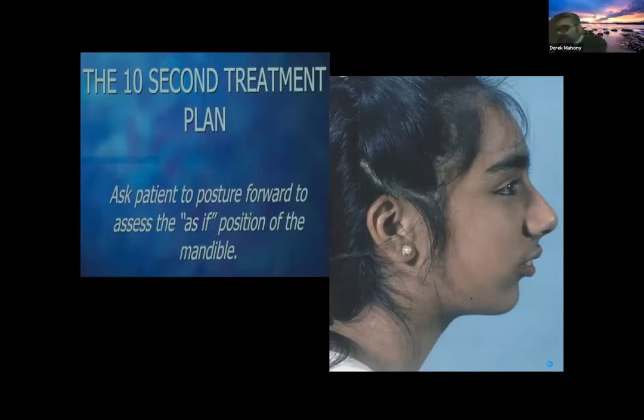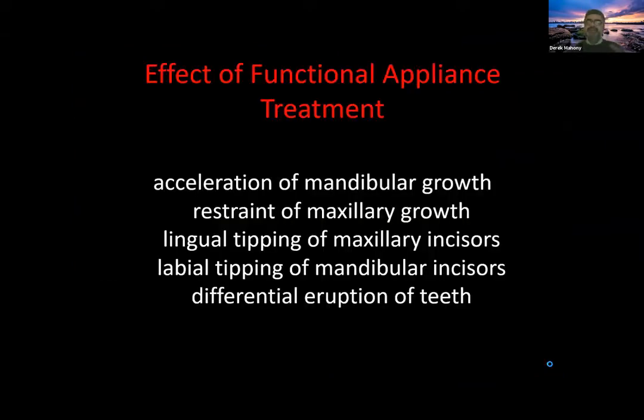So many people talk about an as-if position. What is an as-if position? An as-if position is if I see that someone's face improves by asking them to posture their jaw forward, then more than likely I know I have a low angle individual. The second thing is if I look from the front while they bring the mandible forward edge to edge, and I look at the width of the maxilla to the mandible, I realize that I may need arch development prior